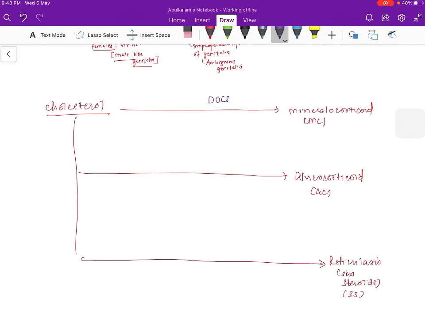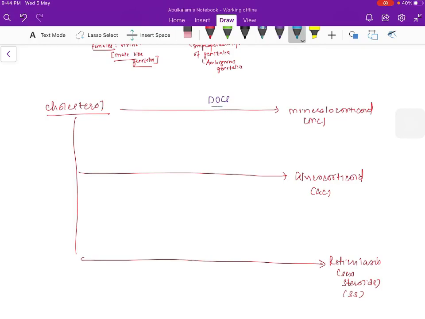Why DOCS is important? Because DOCS is deoxycorticosterone. So it has got certain amount of mineralocorticoid action, and that is important to remember in one of the enzyme deficiencies. Now any substrate which ends with -one is usually a mineralocorticoid. Any substrate which ends with -ol, like cortisol, deoxycortisol, is a glucocorticoid product. And androgens, as we know, it is DHEA, testosterone, etc. Right?